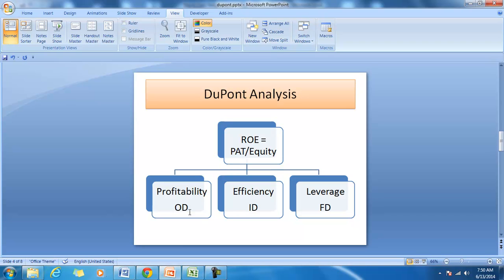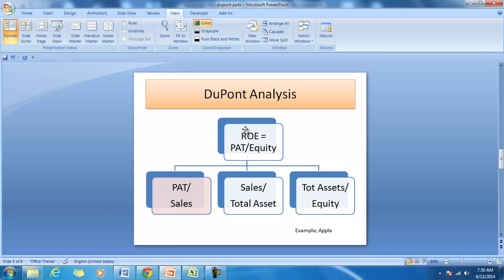But we need some indicators for this OD, ID, and FD. So the profitability is reflected by PAT by sales. Efficiency is reflected by sales by total assets, and leverage or financing decision is shown by the total assets by